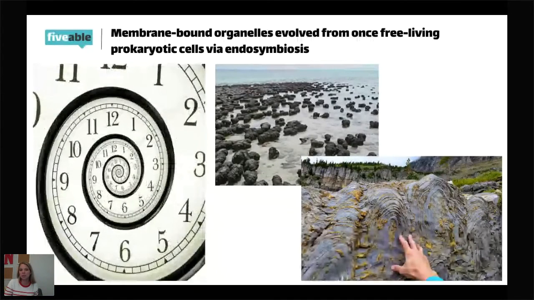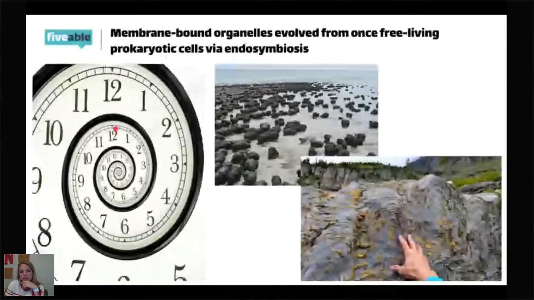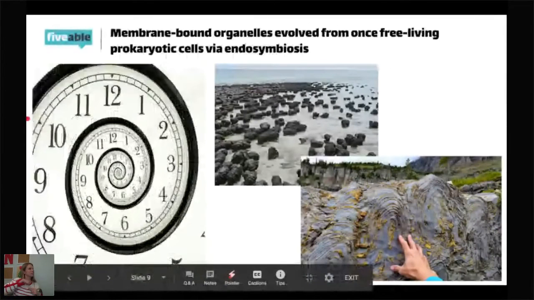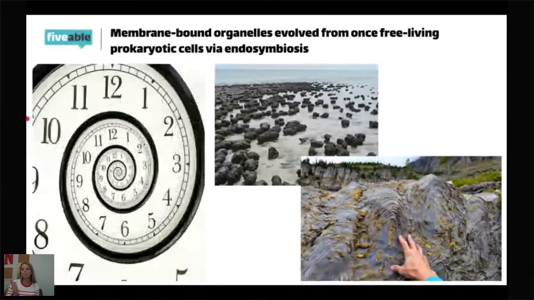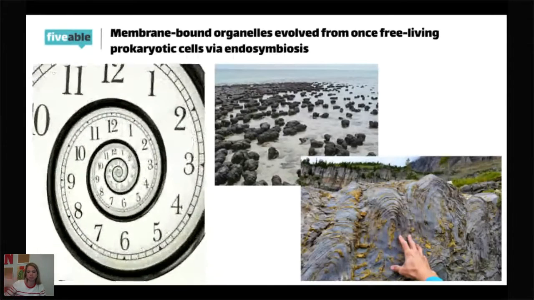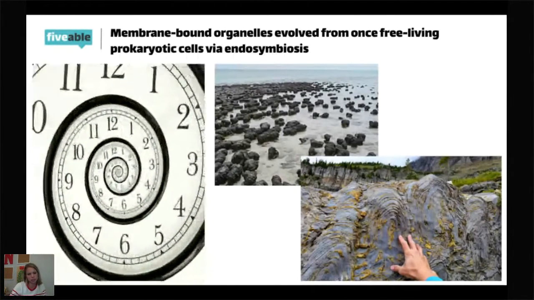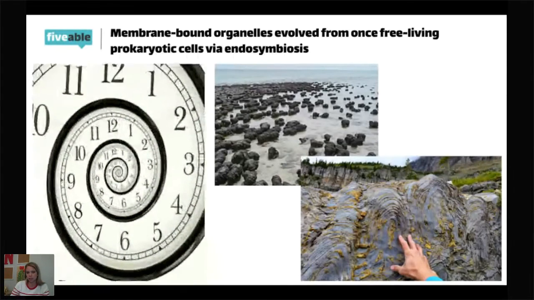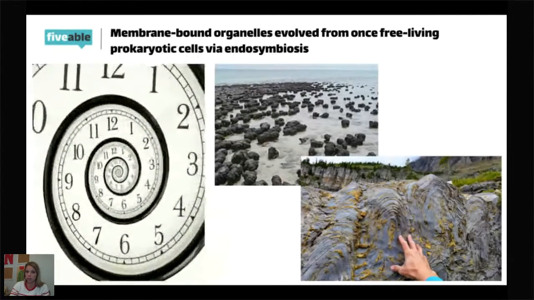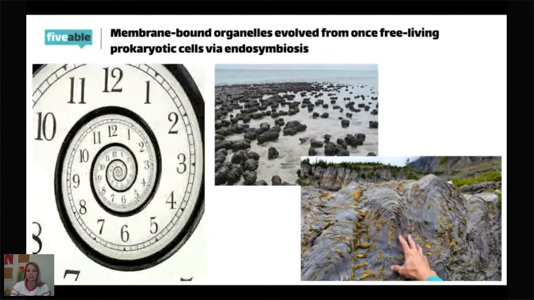So it wasn't a great place to be, but after about 1 billion years, so now stop going backwards, go forward. Return your time turner 1 billion years forward, and life started. We're not going to get into the origins of life right now. That's more for later. But what I am going to talk about is that after it did form, it started with prokaryotes. They were the simpler ones. And one of the earliest forms was something called a cyanobacteria. We call them cyanobacteria because they were a cyany bluish color.